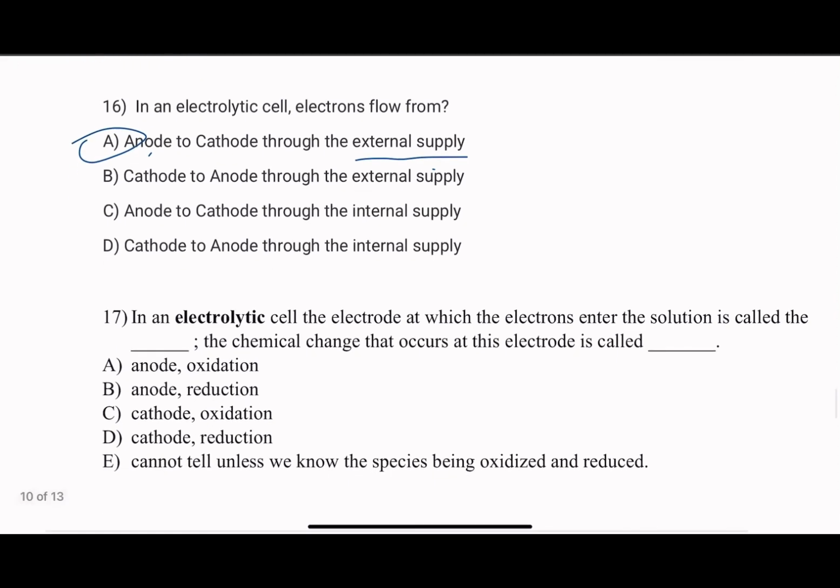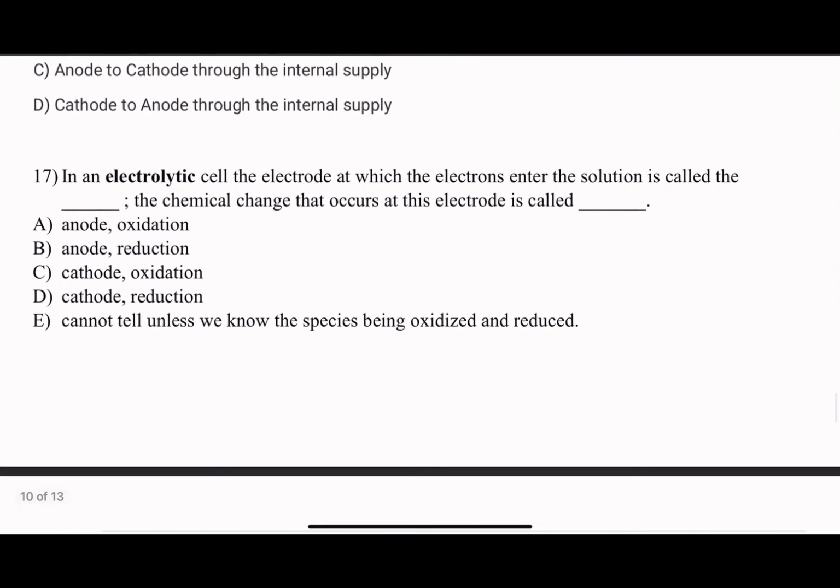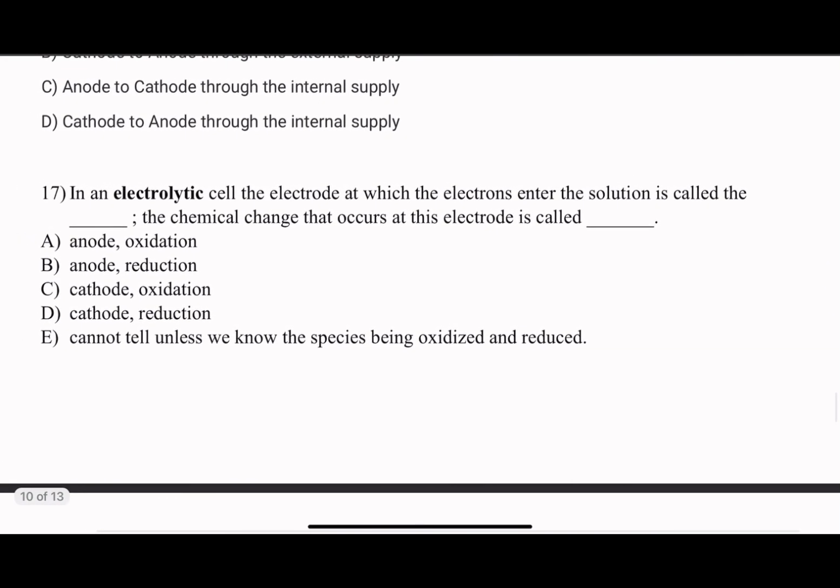So 16 is A. And then we got, in an electrolytic cell, the electrode at which the electrons enter the solution is called what? We have anode, cathode, and the chemical change that occurs at this electrode is called which one? So we need to know electrons enter the solution. Electrons enter the solution from where? We know that it happens through